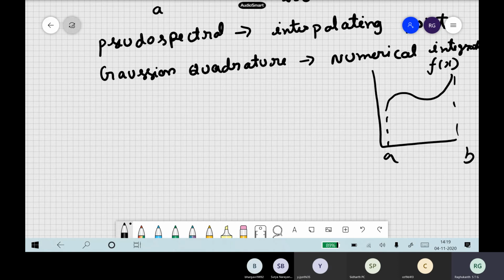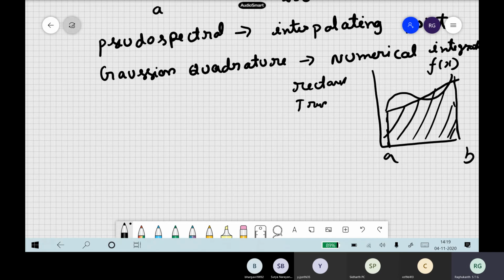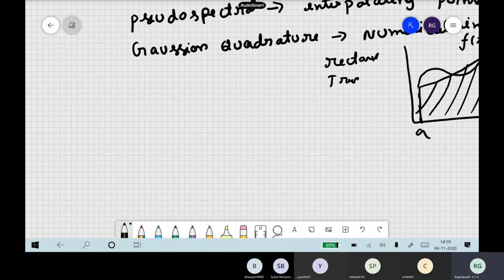You remember, right? You discretize the area into very small pieces. You can approximate each by some kind of a rectangle or trapezium. This is a and this is a function value, so you approximate by some line like this. Then you find out the area, and that is how you do it in the trapezoidal rule.